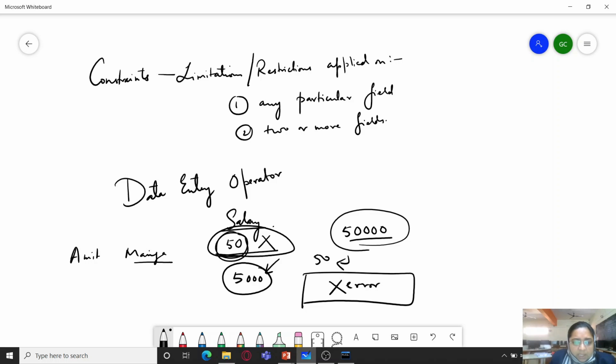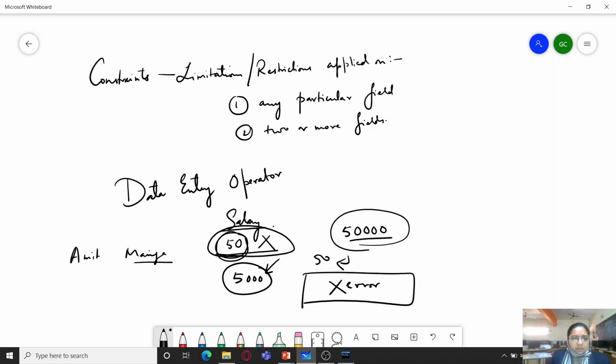This restriction or constraint would not save that particular record. So next time the data entry operator would take care to make sure that he doesn't commit that mistake once again.